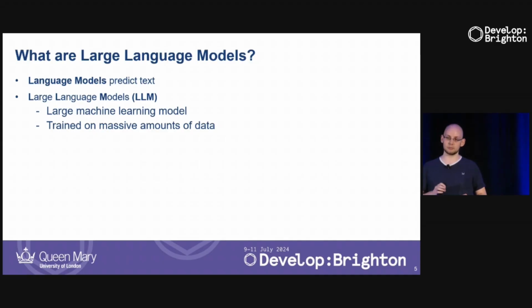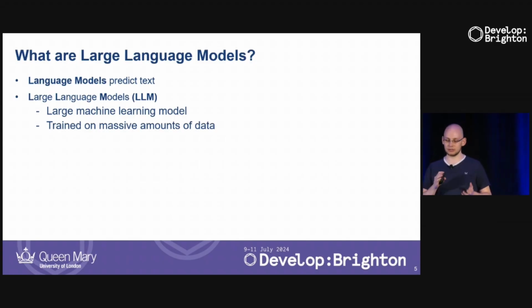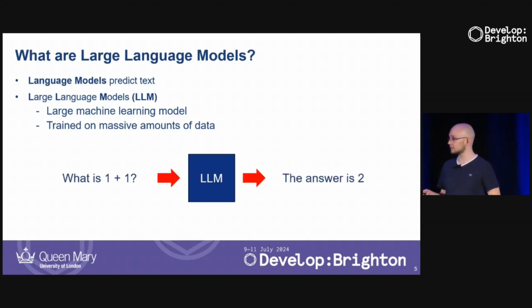And because they were trained on so much data, they usually have to implicitly learn a lot of different things, right? If you learn a lot about different pieces of text, you have to do a lot of different tasks implicitly, such as doing math. If we have a piece of text that asks what is 1 + 1, then the language model will say the most likely way to continue this text is to say the answer is 2, and not something weird like the capital of Belgium is Berlin.